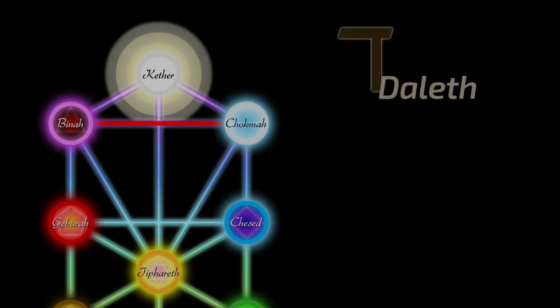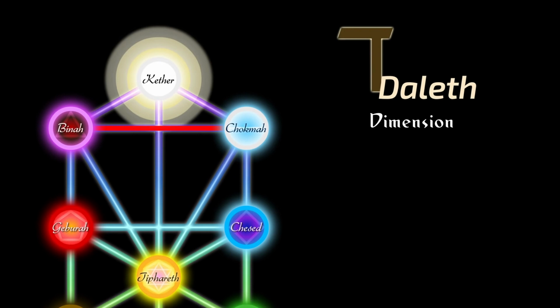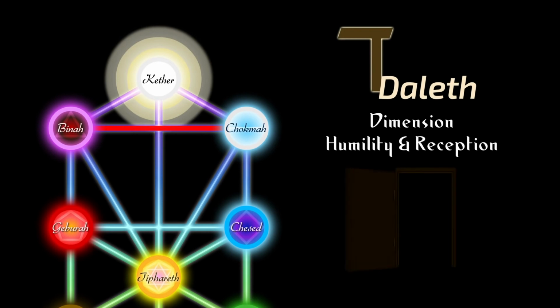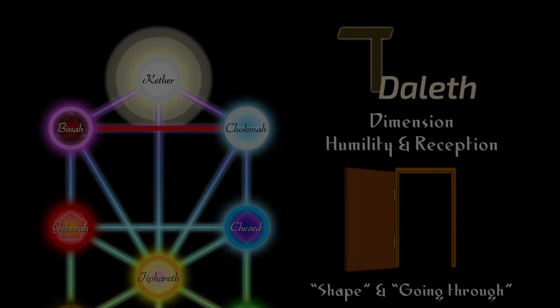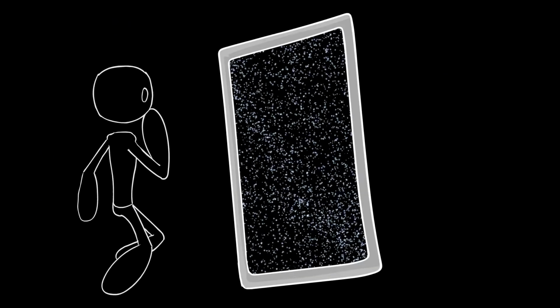The fourth path, Dalet. Dalet is the pathway of dimension and is also sometimes seen as the path of humility and receptiveness. Dalet relates with a door and embodies the concept of shape and the idea of going through. A door is a gateway through a solid object like a wall. Esoterically, a door is a special kind of void, so to speak, that you can pass through from one state